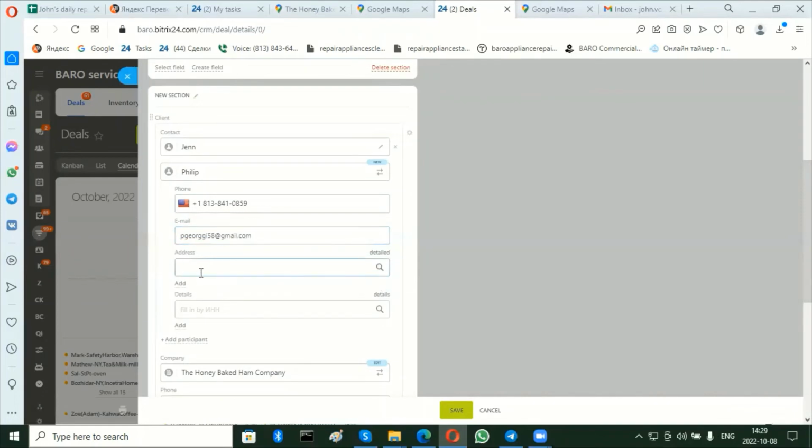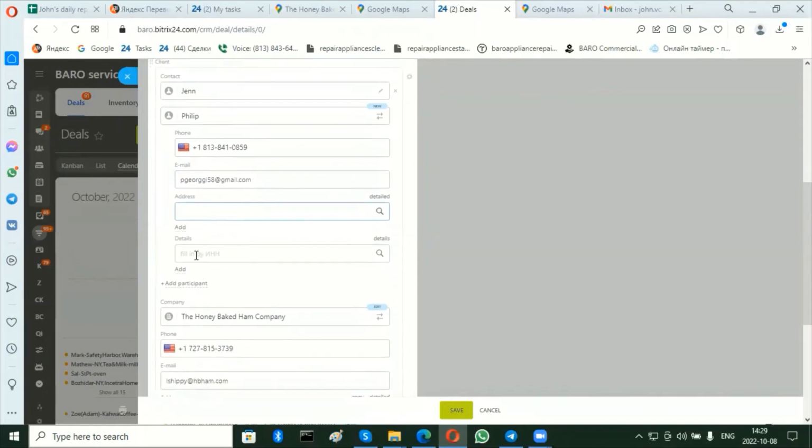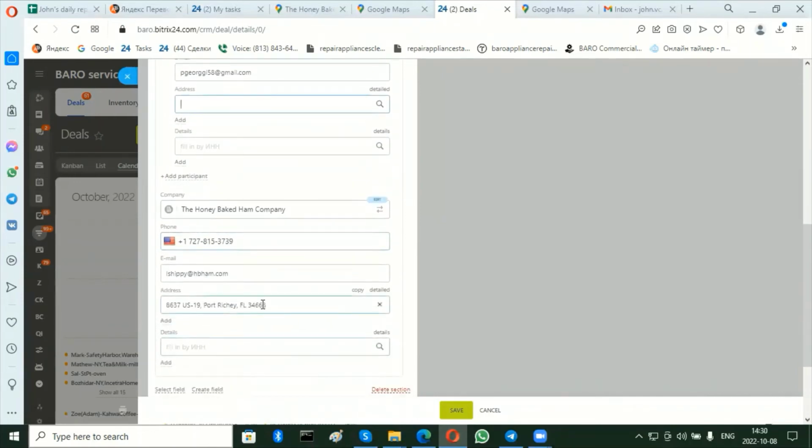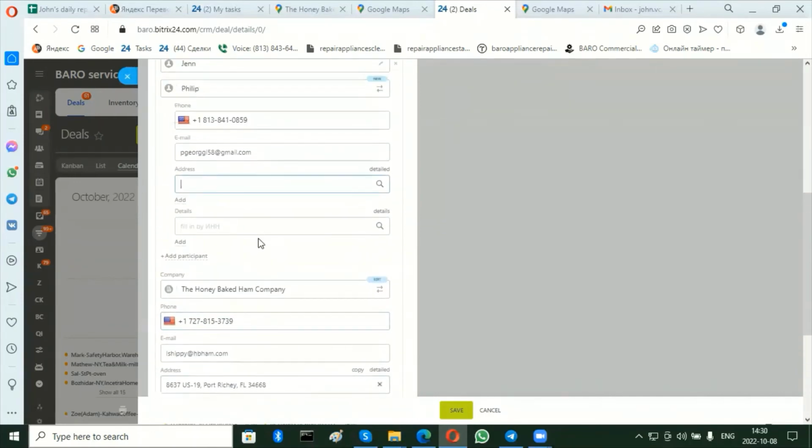Address. I don't have to type an address. We do not work at his home. We work at this company, and this is address enough for me. If in the future he will need some work at his home where he lives, particularly this person, we can add his address here if he gives it to us,